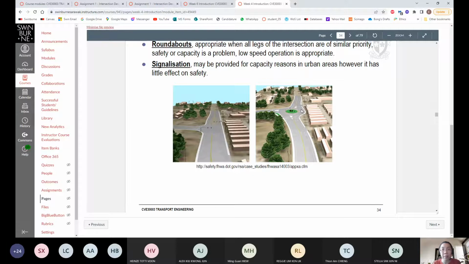That means when you exit the roundabout, it's tangential to the roundabout. This is a tangent to the roundabout. So my point is that you don't just smack a roundabout here and then expect the road to be still straight. You can curve the road a bit. You see how the alignment has been slightly modified so that the road is slightly curved toward this side, rather than for this signalized,